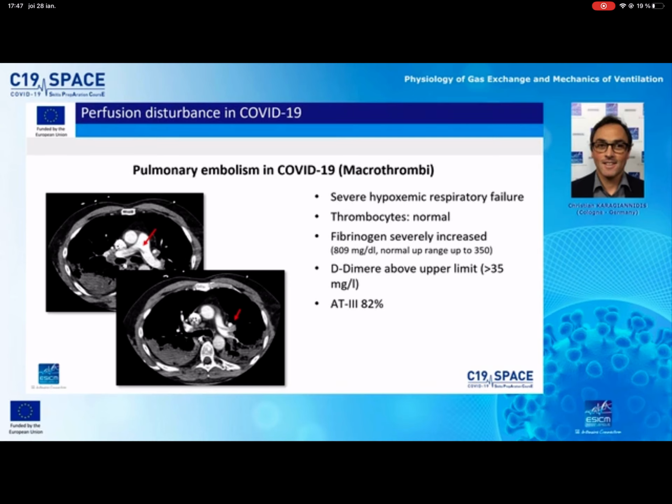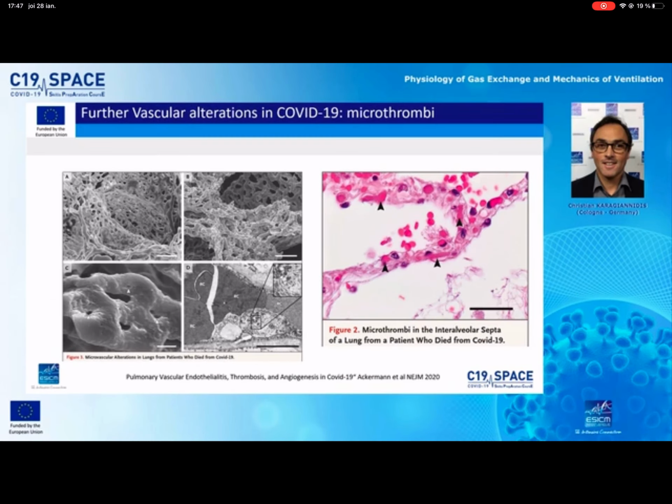In contrast to this macrothrombi, in COVID-19, we see some further vascular alterations with microthrombi. And once more, here on the right-hand side, you see the microthrombi in the interalveolar septa of a lung, which in this case leads to a complete occlusion of this small capillary here, which in this case then leads to increased dead space ventilation, since you see here that the alveoli is still open,